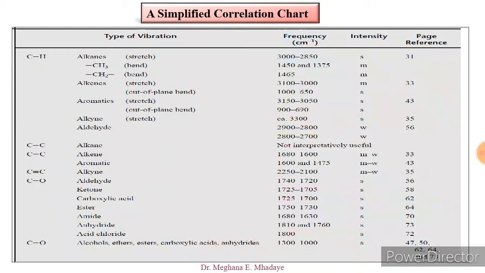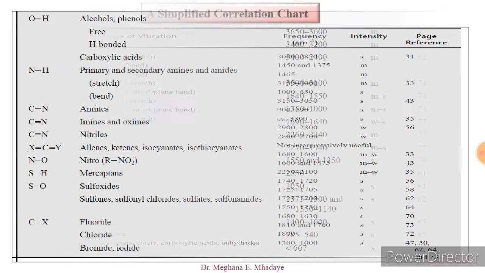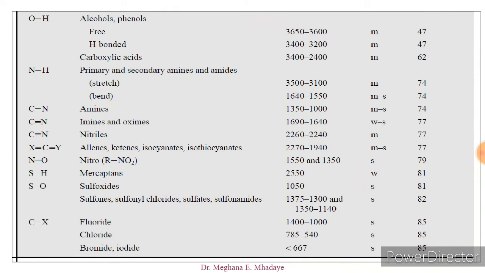To extract structural information from infrared spectra, you must be familiar with the frequencies at which various functional groups absorb. The absorption information is presented in the form of a chart called a correlation chart, which provides much information about where the various functional groups absorb. You should try to memorize typical absorption values.